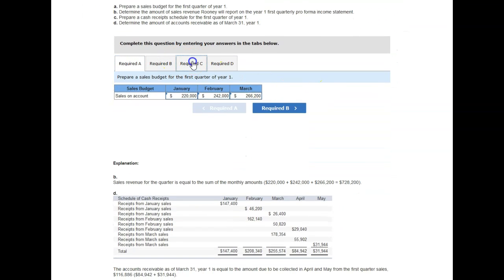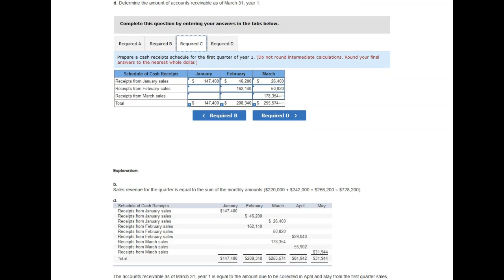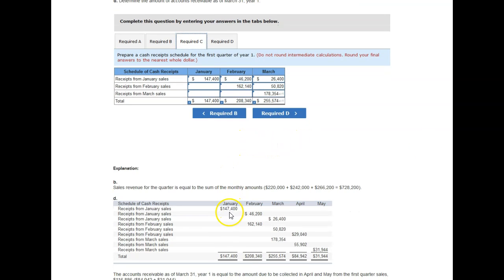So let's go back to C. A little more, there we go. So $220,000 times 67%, 0.67, gives you $147,400. So this is the company's first month of operations. They had sales of $220,000. That's the expected sales. So they expect in January to collect 67% of January's sales in cash. That's all that's coming in January, just